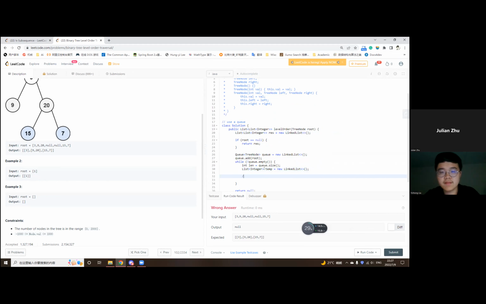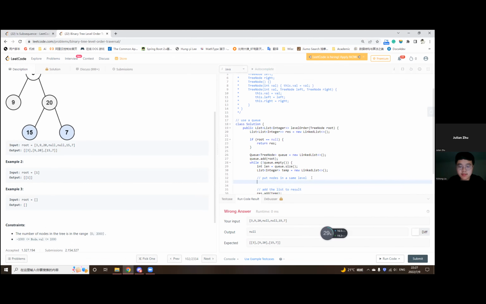And here we should put level. And after that, add the list to result. So okay. And is for